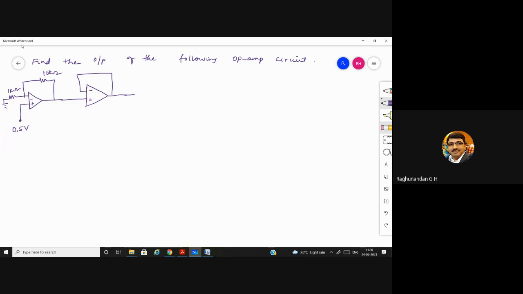So like this, they will be asking multiple op-amps which are connected together. Whatever problems we are discussing now, if you just concentrate on this problem, it is more than sufficient. Within this only you will be getting the problem. Only the values might be changed, but the way of asking the problem will be the same.